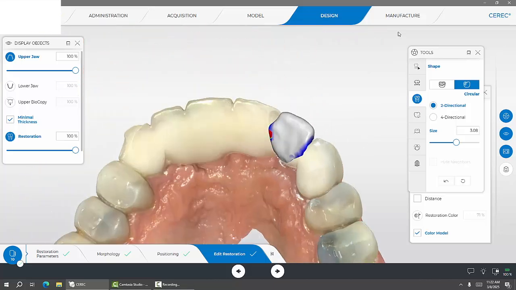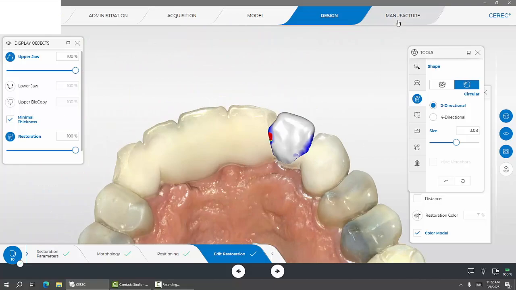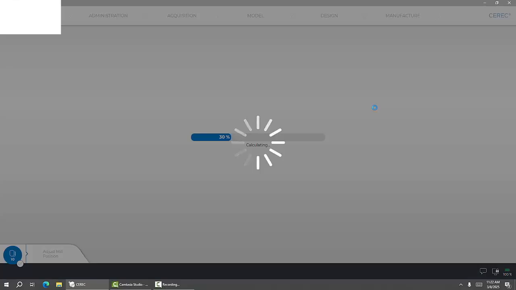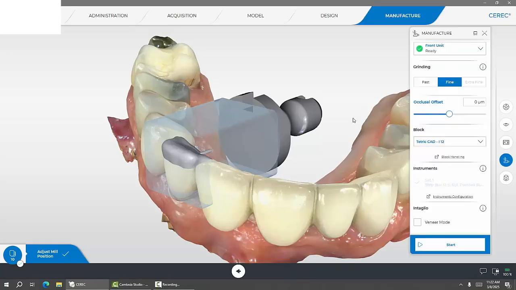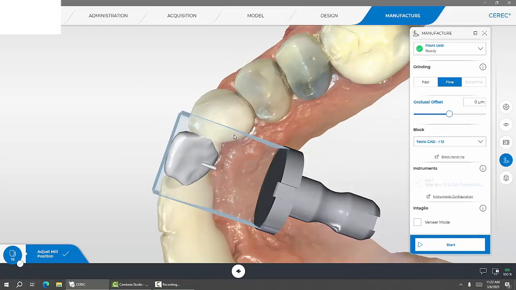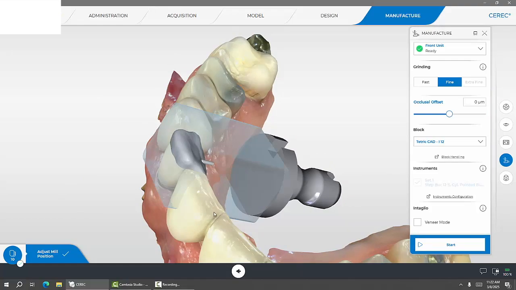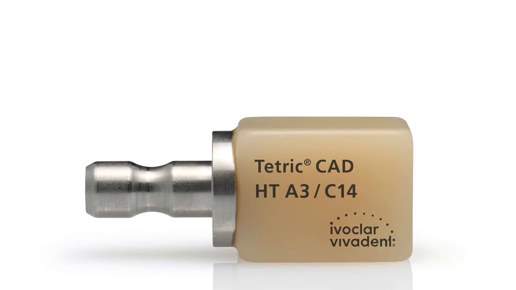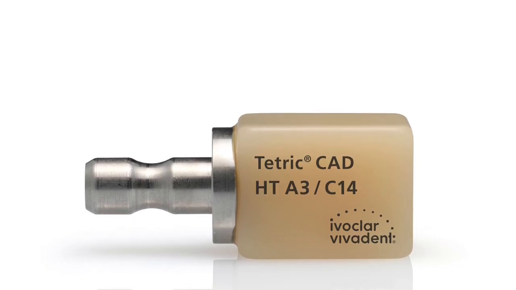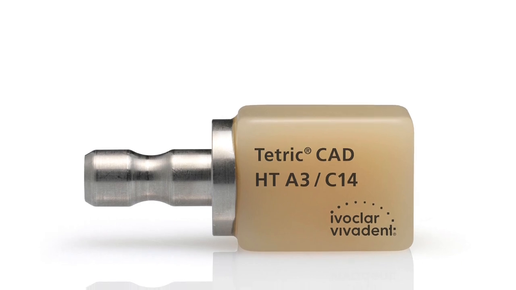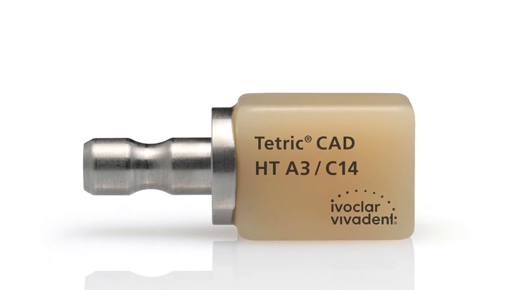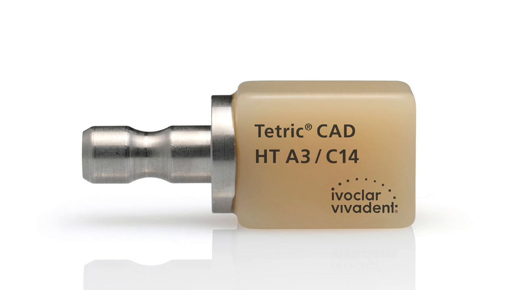So this is pretty much what my design looks like, and you go to the manufacture phase where you're going to leave your sprue on the lingual surface here. I'm gonna mill that with a Tetric Cad size 12 block,